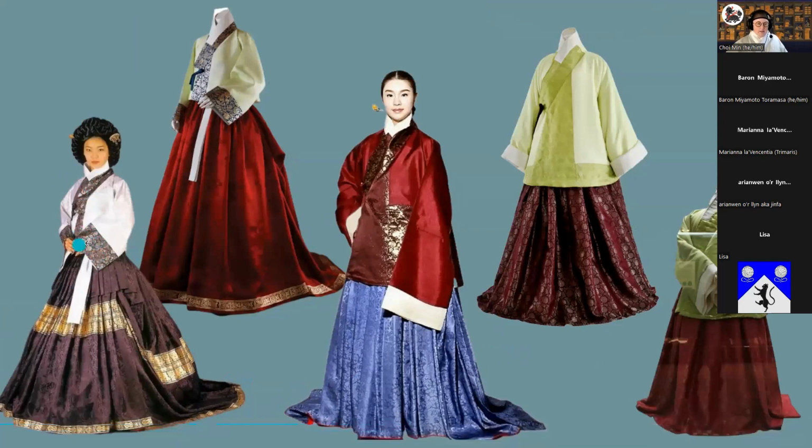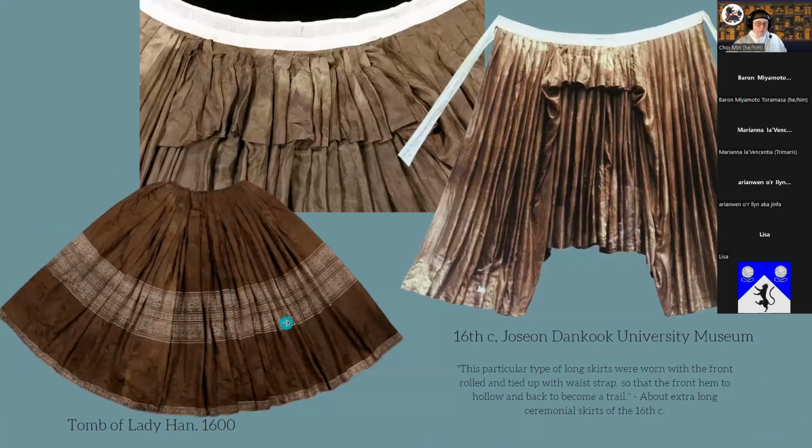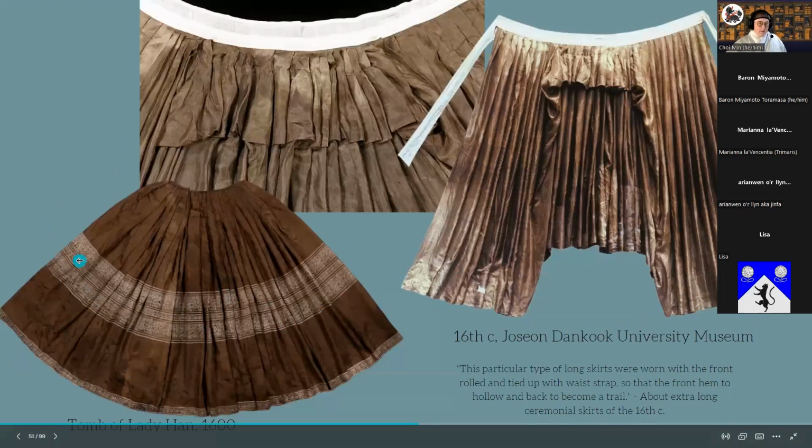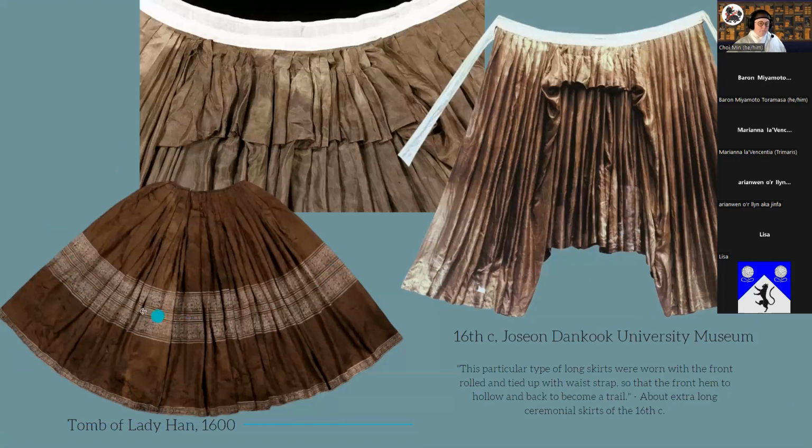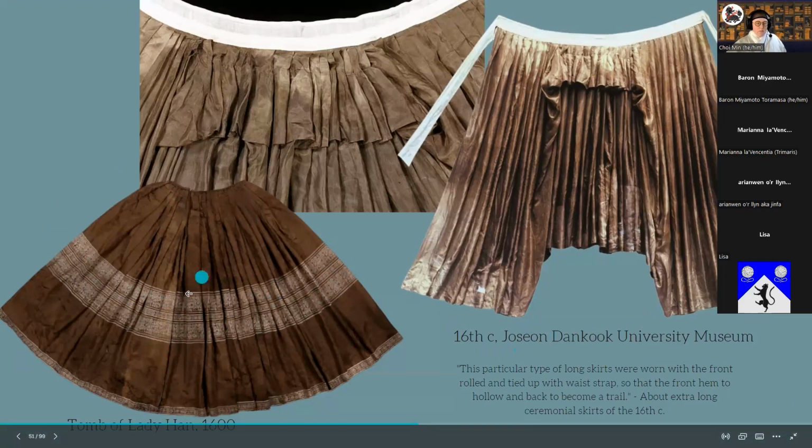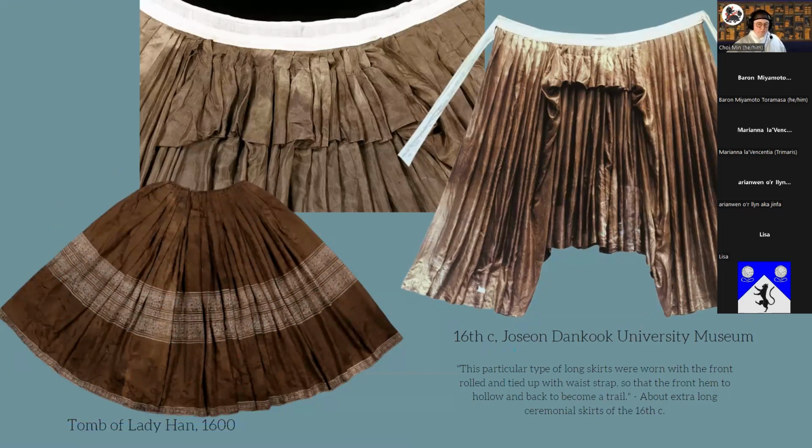This one is being worn on the waist instead of at the bust, like we think of stuff being worn, and this one as well is on the waist. But this joguri might be a bit short. I would think it would be longer like this. So anyway, this is from the tomb of Lady Han at the 1600 mark. And you can see it doesn't have the front pleats like this one does, which is earlier, and it's got that band through the middle. But note, it does not have that front mamian panel like Chinese contemporary garments would have.